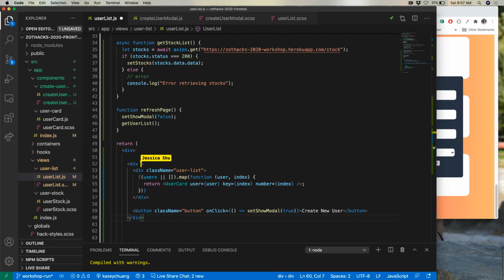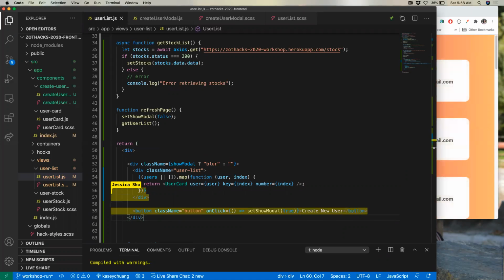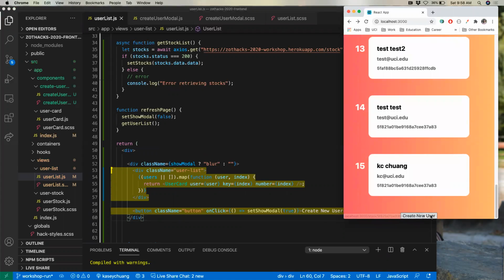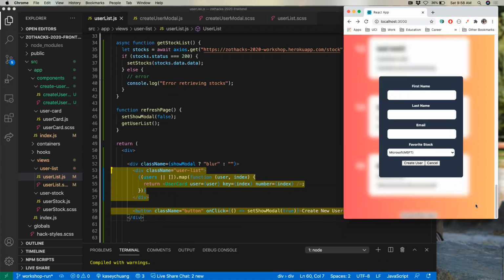And this div is the one that I'm going to say className equals show modal blur else empty. And that way it'll blur both of these things at the same time. So try that out. So yeah. Background. Okay, and then